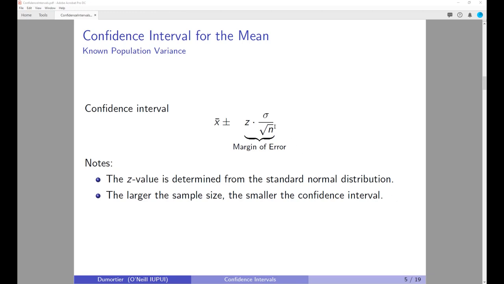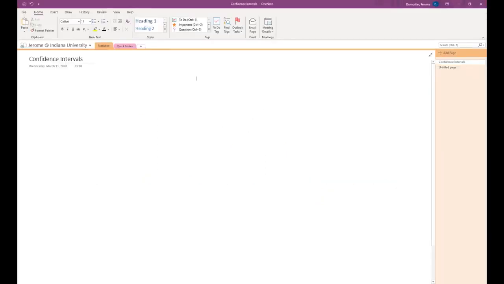Now, let me explain what this z-value means here. As you remember from the last lecture, we have what is called the central limit theorem, which says that if you randomly sample from a population, if you're taking multiple samples, then the average of the sample means is going to follow the normal distribution. Okay? So if we draw a normal distribution here,